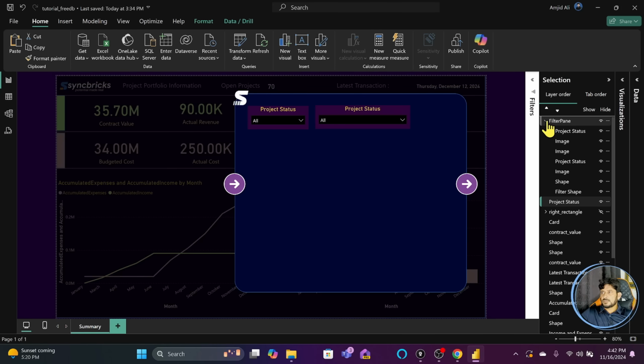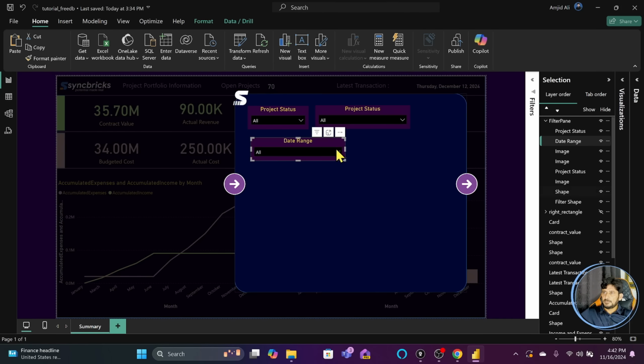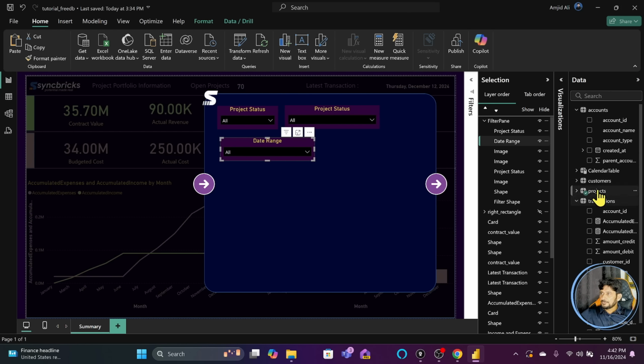So I will just open the filter pane and bring it here, and I will give it a name, date range. And it should be of course above all. And here for data, I will be choosing the transactions date,